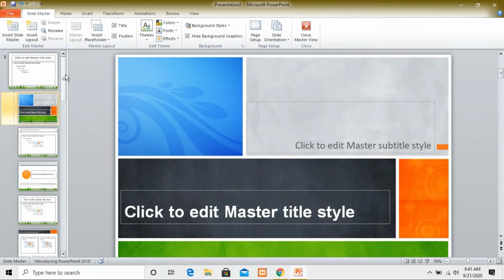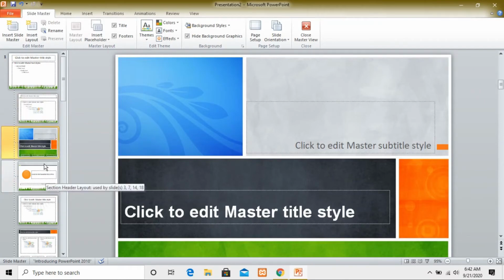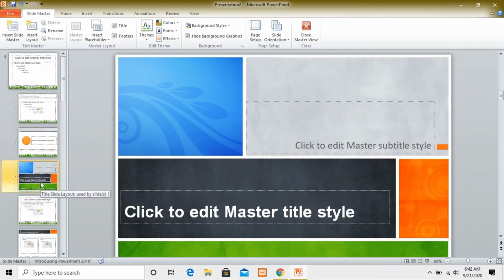Okay, slide master view. Here, this is your first slide. Okay, this is your first title slide. If you want to make this the third one, then what will you do? You just select it with the help of the mouse and drag it to the third place. Now see, this will become the third one, and the third one becomes the second one, and the second one becomes the first one.